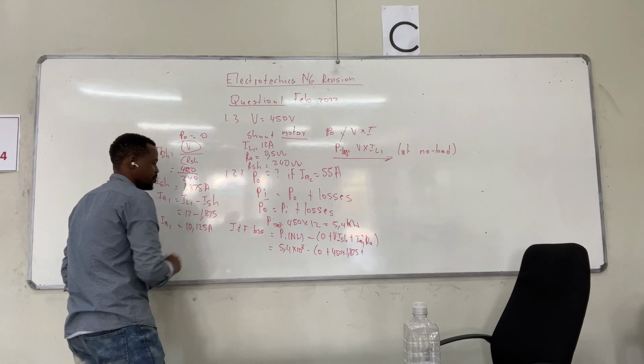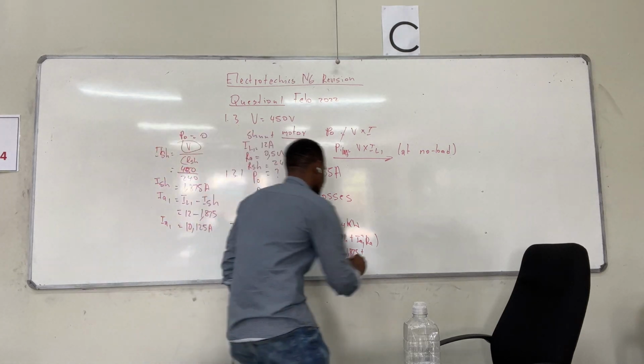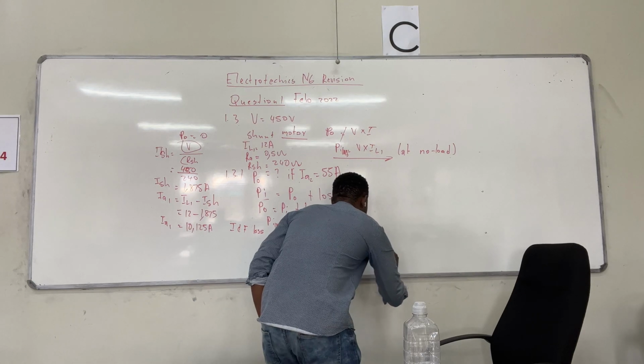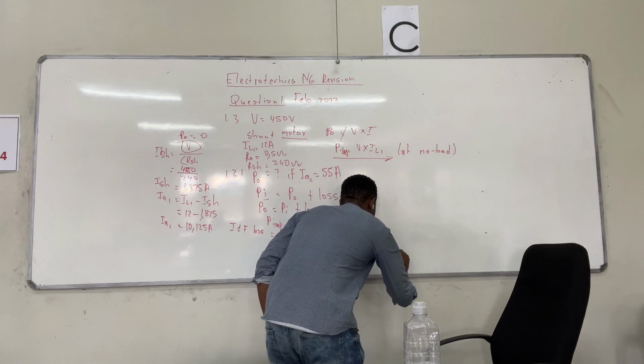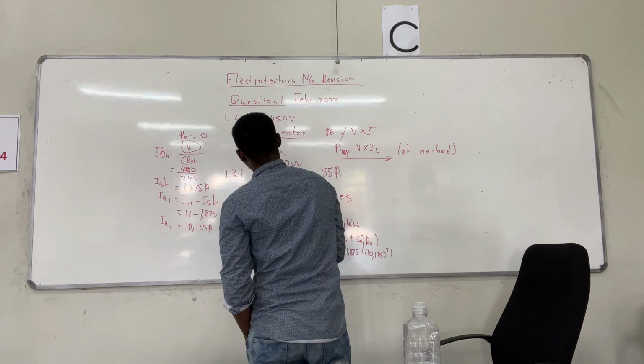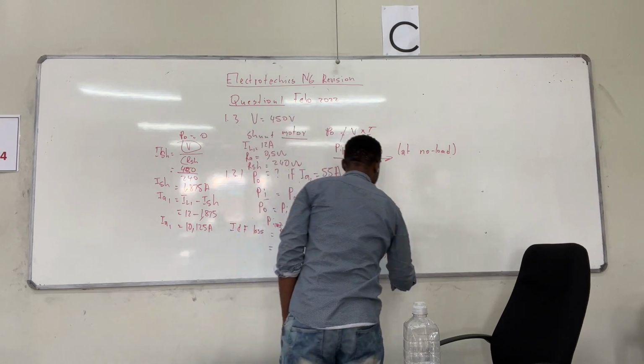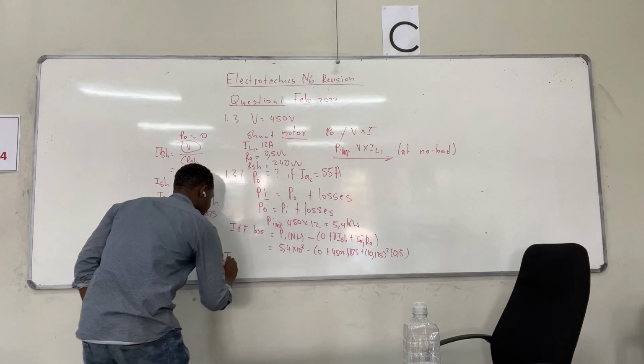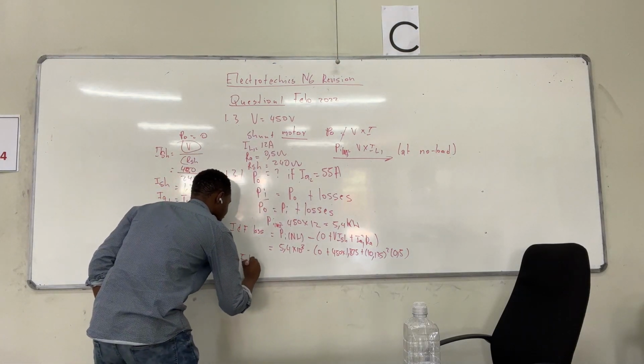So 10.125 squared times RA. What is RA? RA is 0.5. Iron and friction loss equals